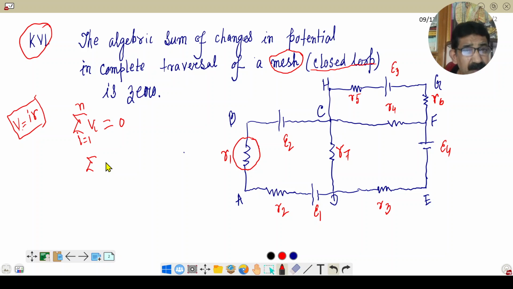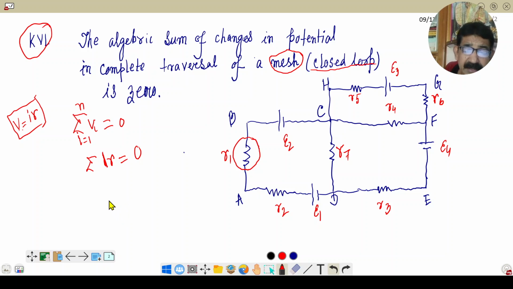It is not so simple like the KCL. So you have to concentrate a bit more to learn the idea about KVL, though it is not very difficult at all. You have to practice some problems and go through the matter again and again, and if possible you may see this video more than one time. Okay, so summation of Vi is equal to 0. That means summation of IR is equal to 0, and this is also an algebraic sum.